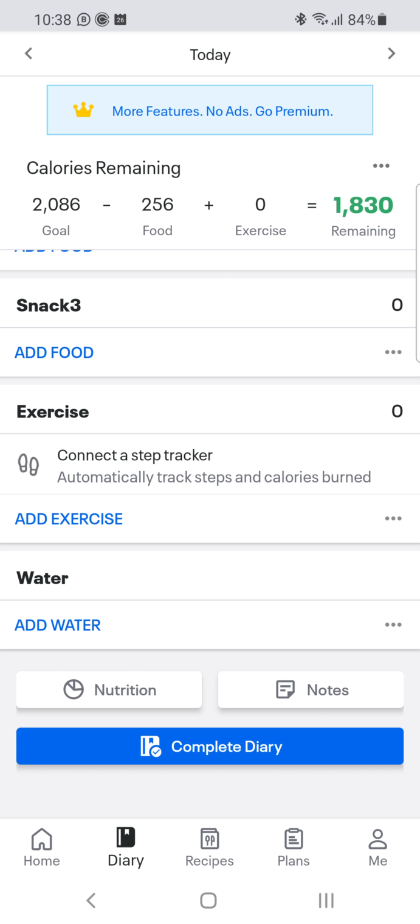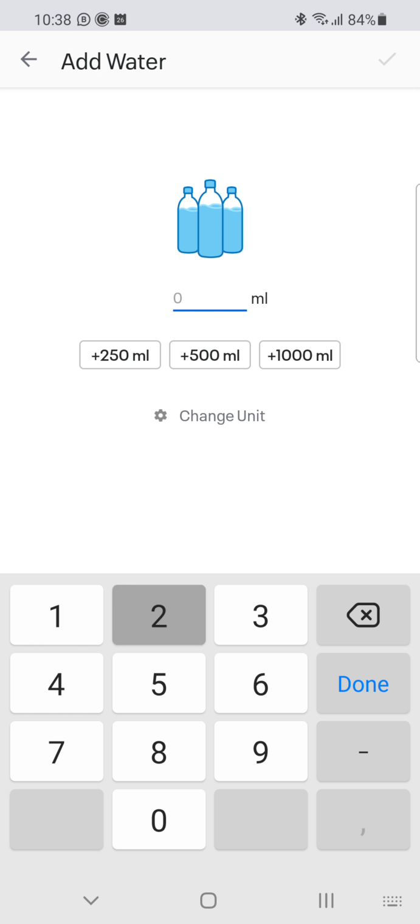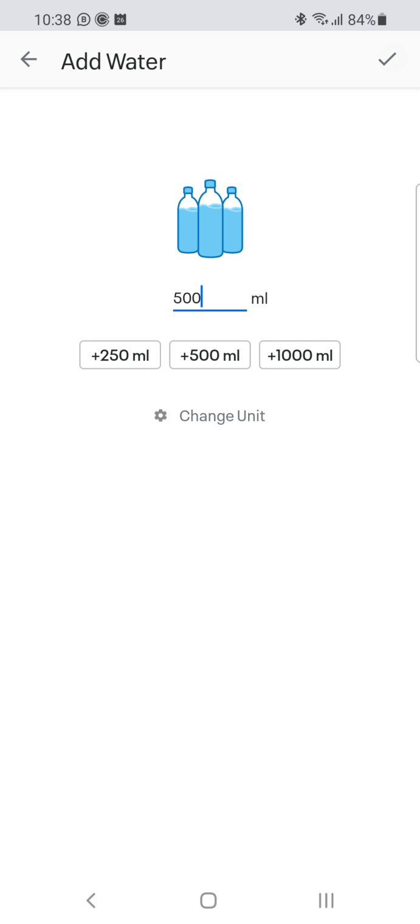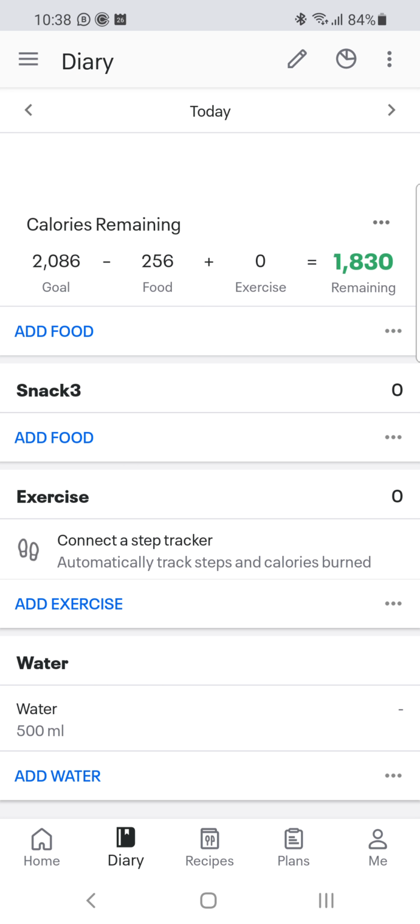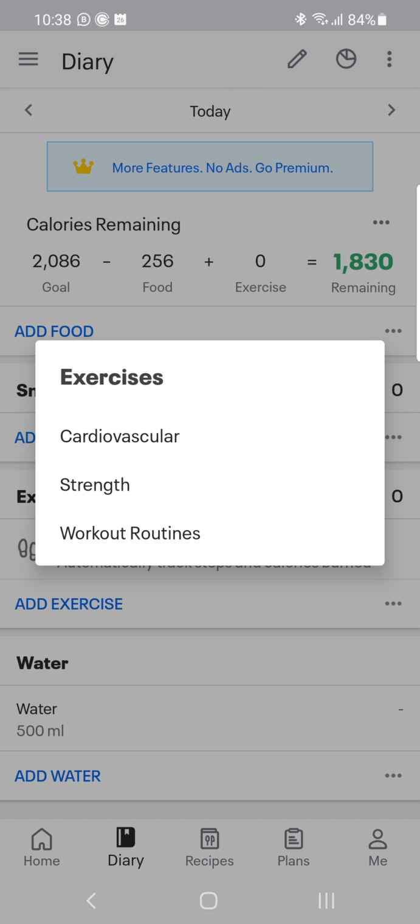Now the other part is adding your water, which is very much recommended. It gets you to be aware of all the water intake you're doing across the day, keeping you mindful. And if you have some form of watch, linking that to your phone will allow you to see not only your steps, but also track your daily workouts. So you add your exercise, and you can pick the type of exercise you have been